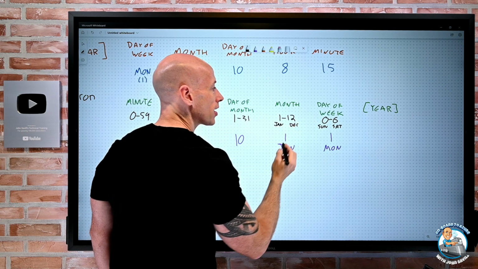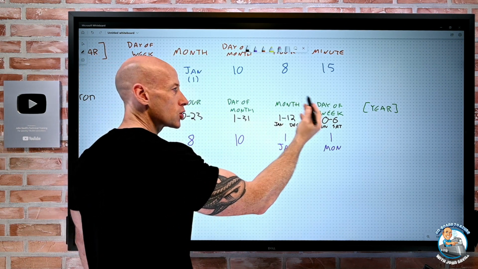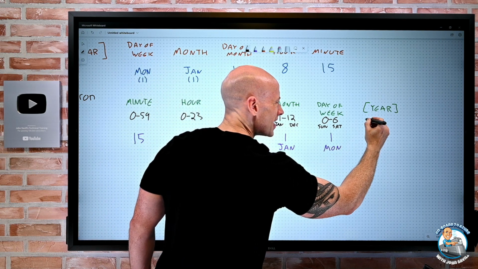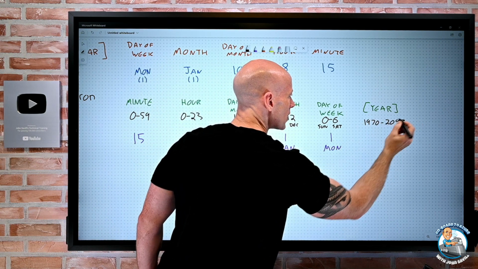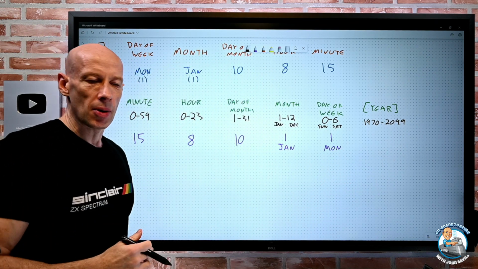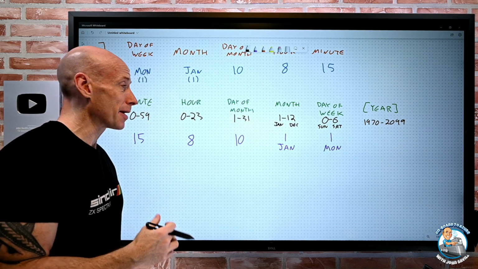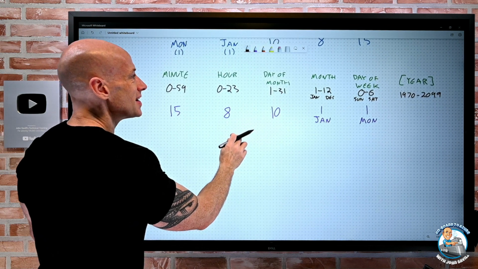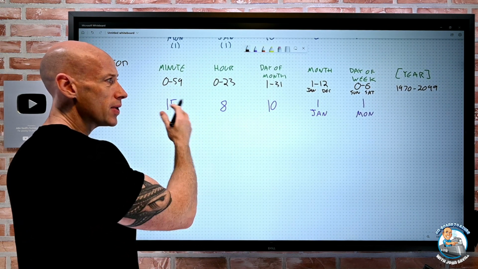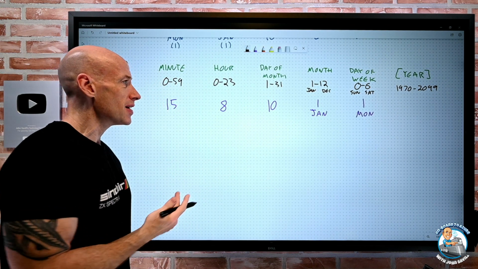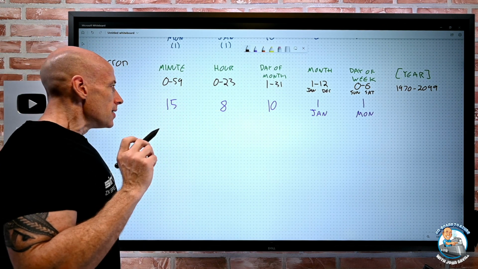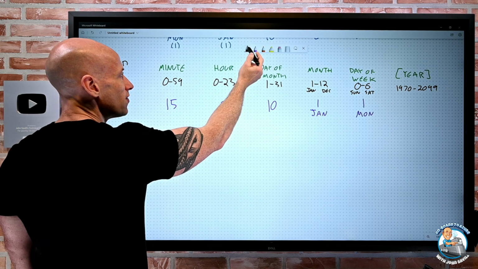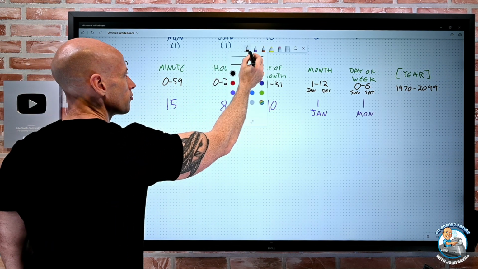Again, remembering I can use either the numbers or those first 3 characters. The year, I think, is 1970 to 2099. So we're going to have a year 2100 problem. Apparently, we have learned nothing. So that's an example when we think of cron. We have those units, we can play around with them. So there's nothing particularly complicated about this. So this would be, hey, that 8:15. Let me use a different color over here.